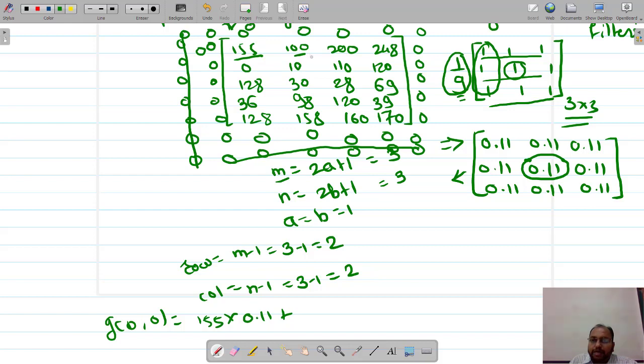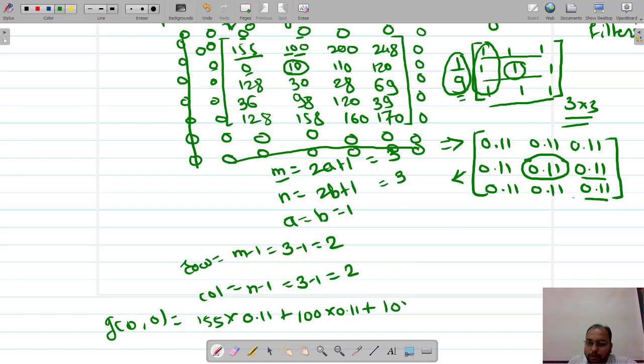now this will be multiplied with again 0.11, right? The rest of the others are 0 right now, this one is also 0. So let us multiply that 100 with 0.11. So 100 into 0.11 plus, now over here for this 10 also we are going to multiply with this 0.11.